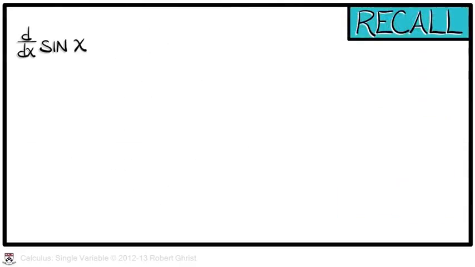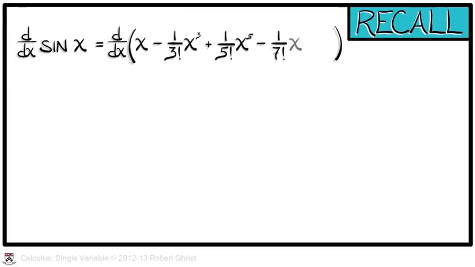Now you may recall that the trigonometric functions have some very nice properties with respect to calculus. For example, you may remember something about the derivative of sine of x. Let's see what happens when we take our newly derived expression and differentiate it as if it were a long